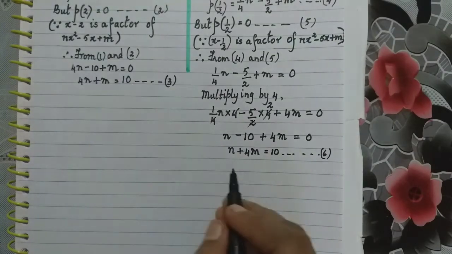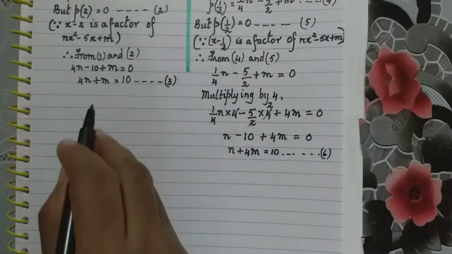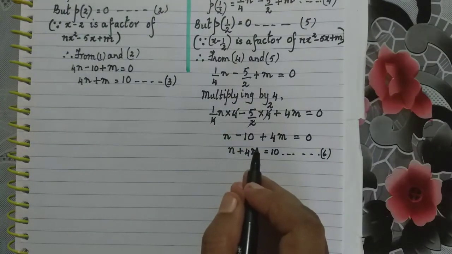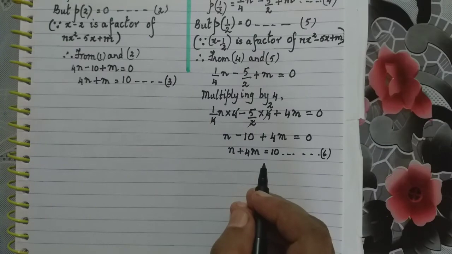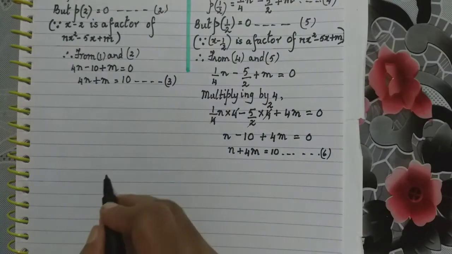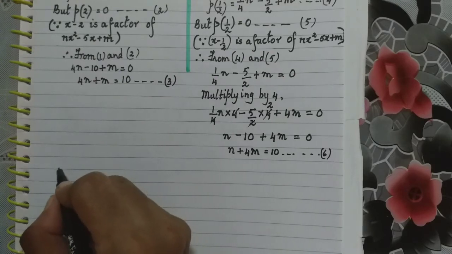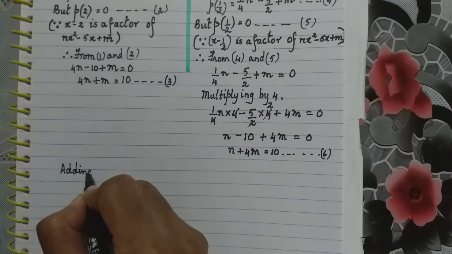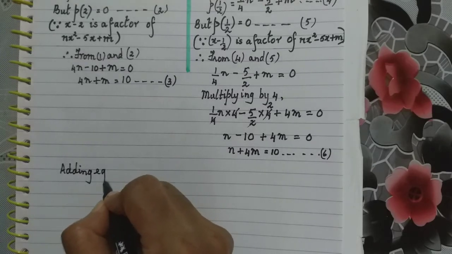So when the coefficients are just the opposite, what we do is we add both the equations. Okay. Why do we add both the equations? Let us see further. So I write here adding equations